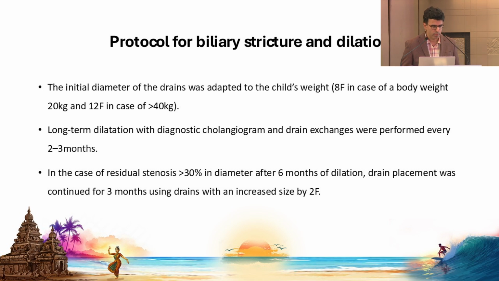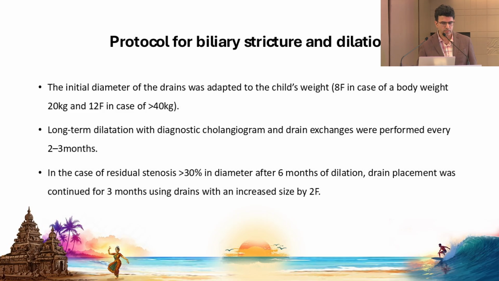Sometimes there is bile leak and a subhepatic collection, so you have to initially place an external subhepatic drain. After the initial control of the infection, you can always do a PTBD and internalize the catheter. Putting a catheter for 6 to 8 weeks also helps in controlling minor leaks.